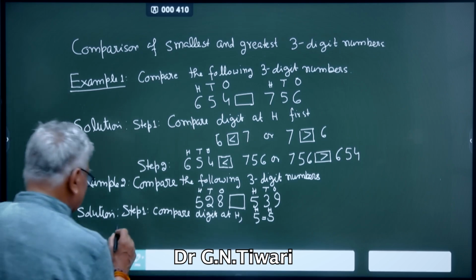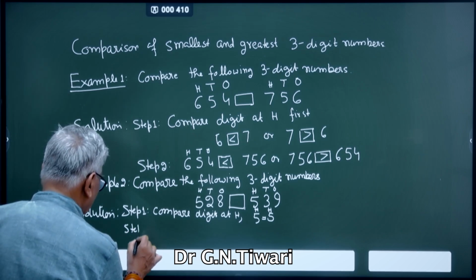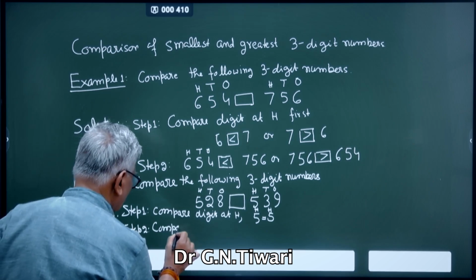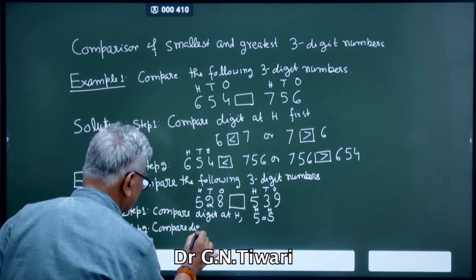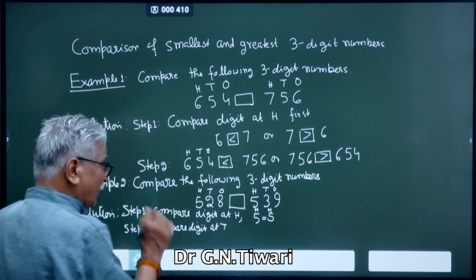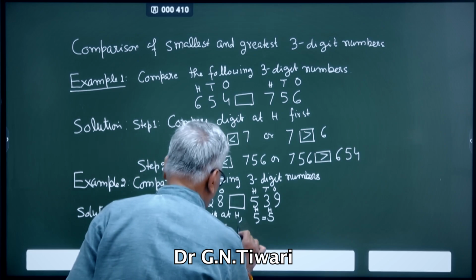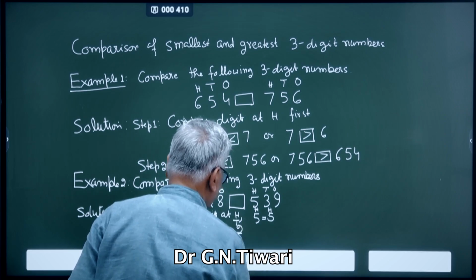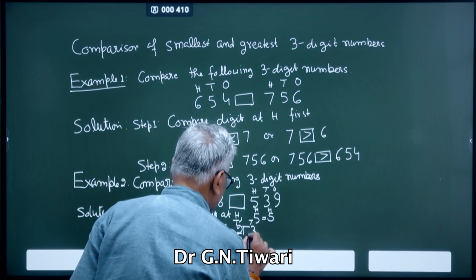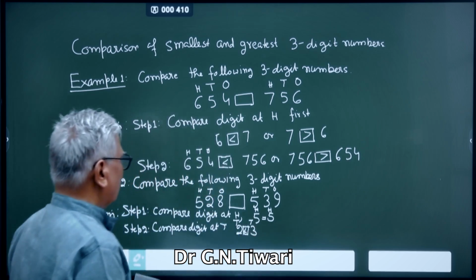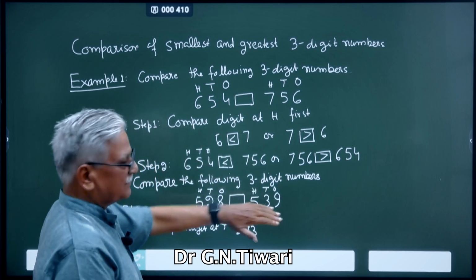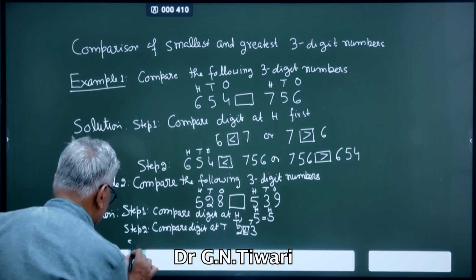So now step 2, compare digit at T. So what is the T? अब देखिए, 2T is there and then 3T is there. So obviously 3 is higher than 2. Means this number is higher than this. So step 3 becomes